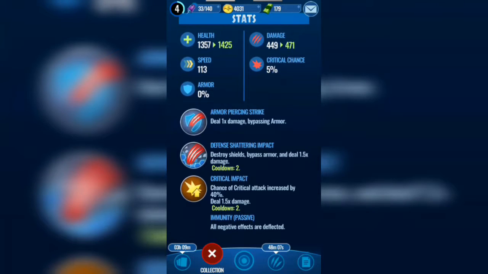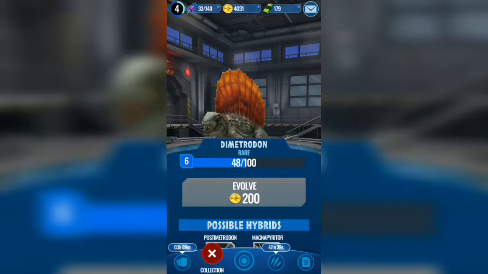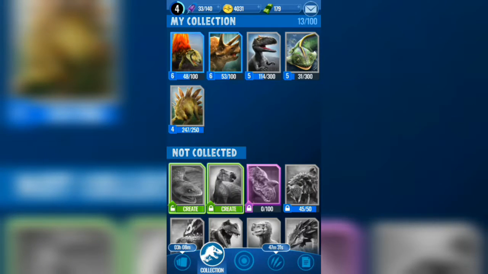So it has armor piercing strike, defense shattering impact, so you destroy shields and bypass armor, and critical impact, which increases critical chance by 40%. And it also has immunity, which basically means it doesn't have any negative effect, so the damage won't be lowered, it won't have vulnerability and things like that. Okay, so this is actually a pretty good one. Stats wise it's decent, but even the abilities that it has, it's actually quite a good